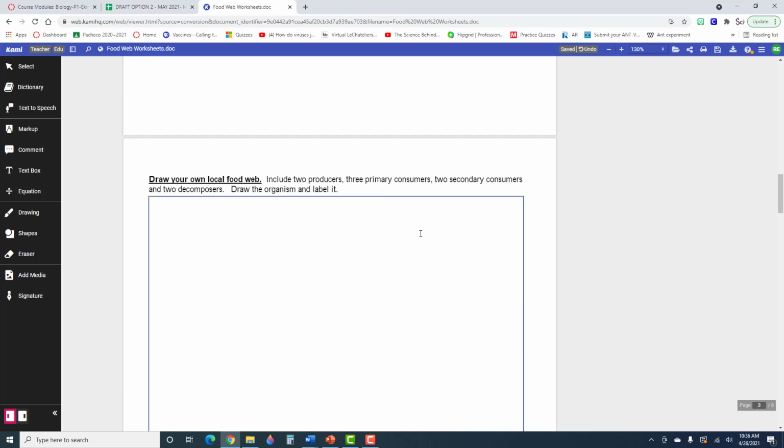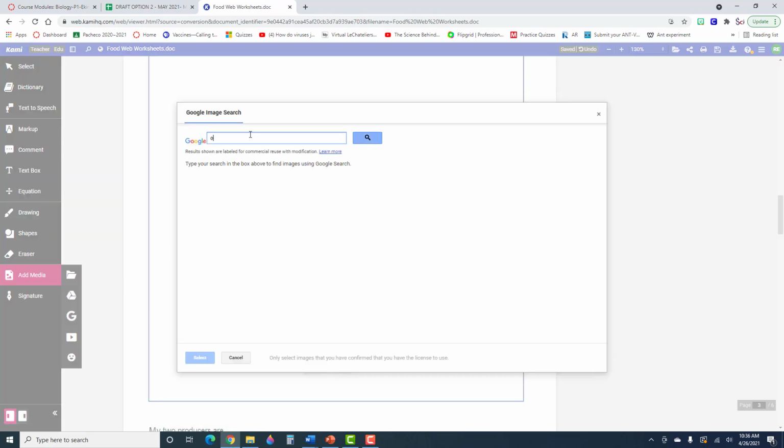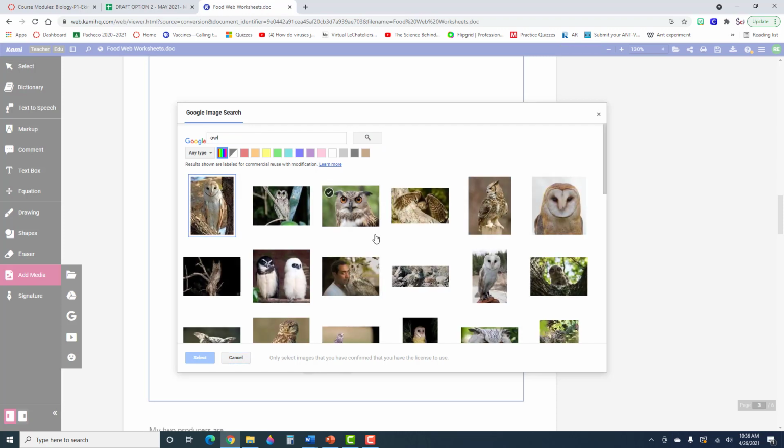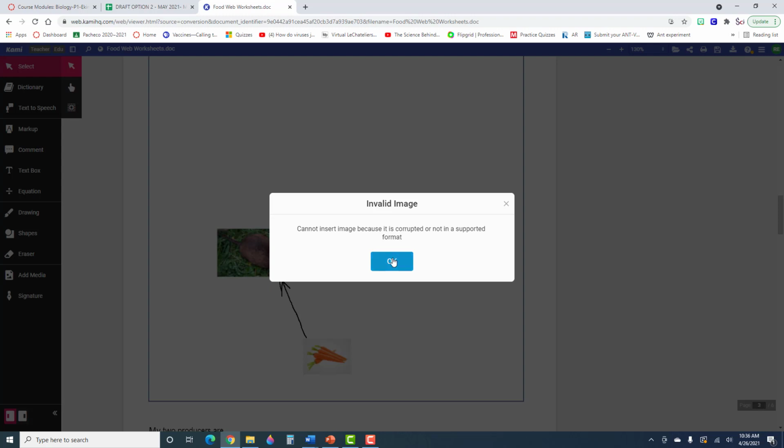I need to add 2 more primary consumers, so other things that eat carrots or whatever the other plant is. And then you need secondary consumers, so what would I say do we have in the area that eats mice? And so I would say that we have owls. We have lots of those burrowing owls, which are, let's see if we can get an actual picture of burrowing. So we have these owls here. And they live in like the sides of